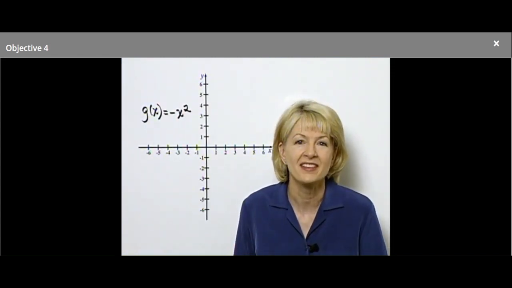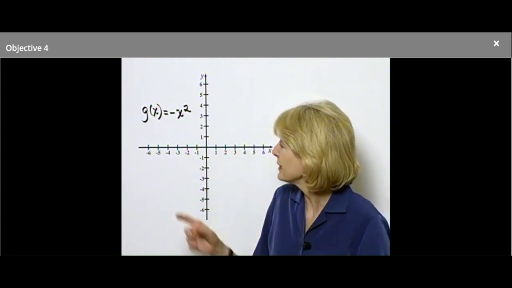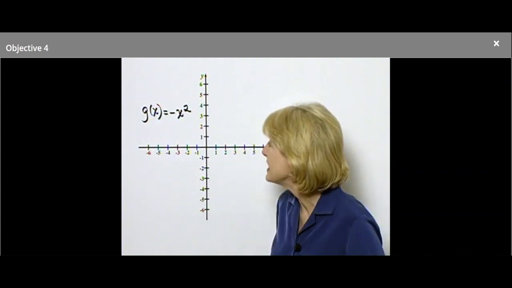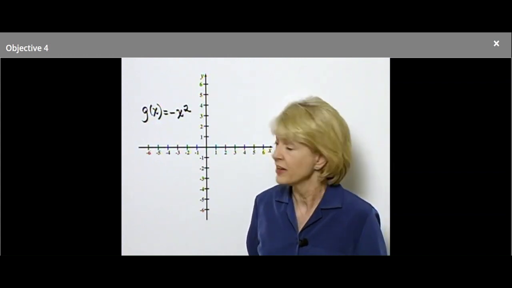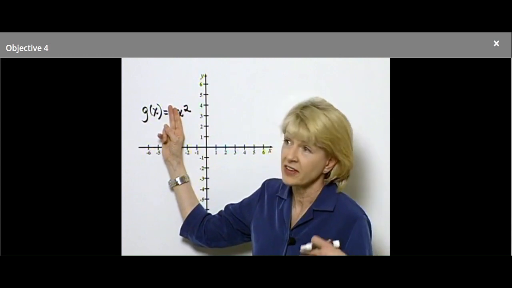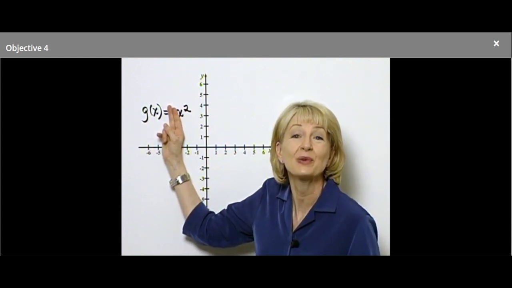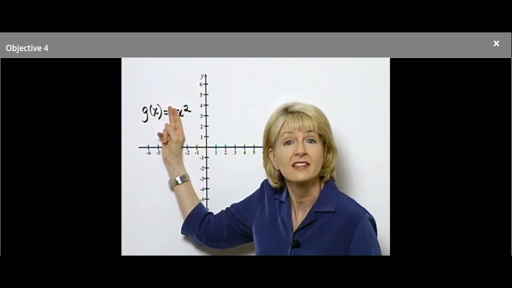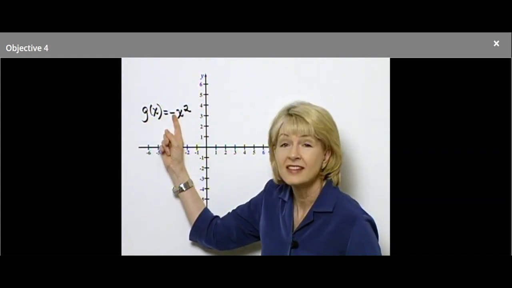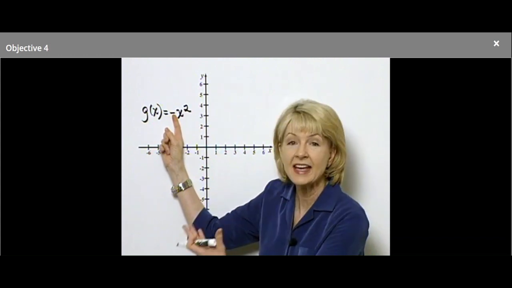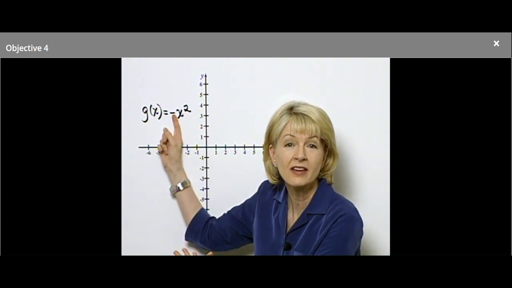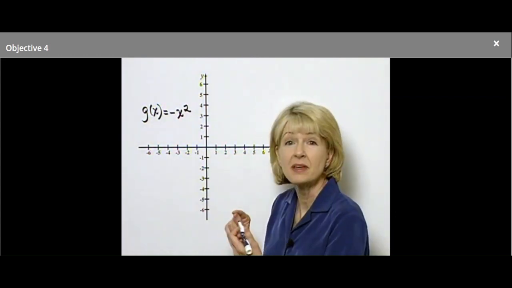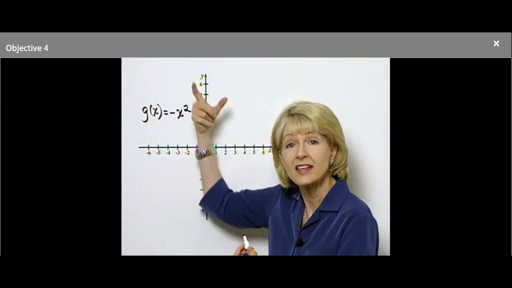We will put all of that together in just a moment, but let's look simply at this function, g of x equals negative x squared. Now you know what the graph of f of x equals x squared looks like. It's a parabola opening upward, vertex 0, 0. This negative, because a is essentially negative 1, the parabola opens downward, and the shape is exactly the same except